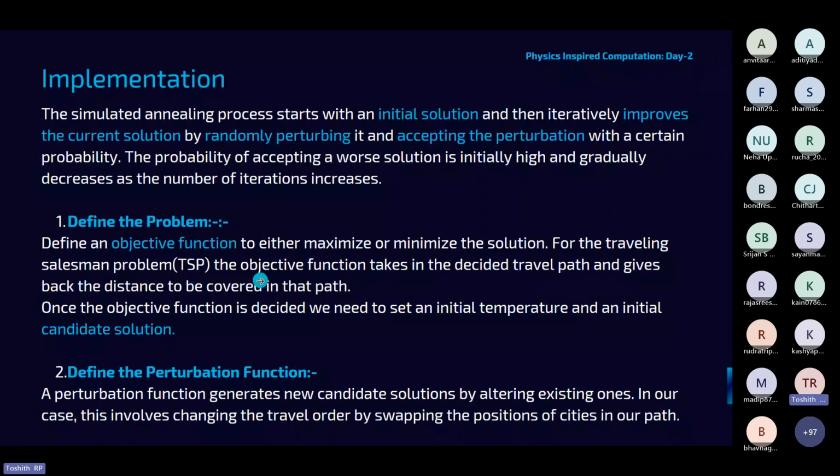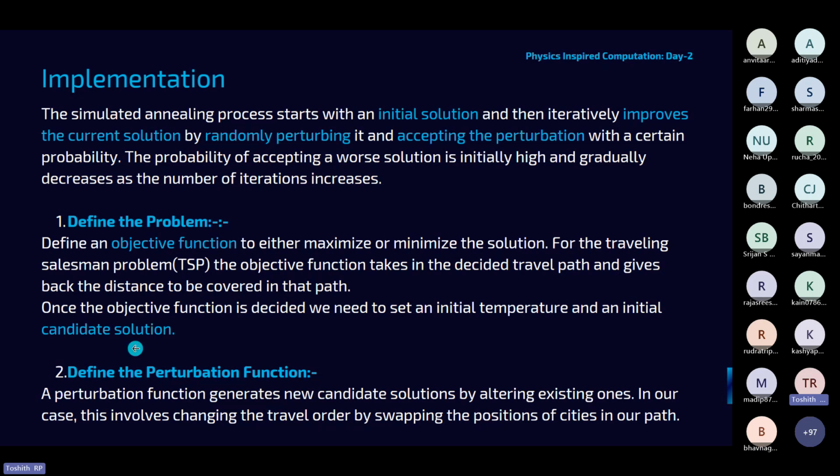Once the objective function is decided, we'll set an initial temperature and an initial candidate solution. I'll come to the initial temperature later. The initial candidate solution is basically a path the traveling salesman decides at random, so that you can get started with something at least.